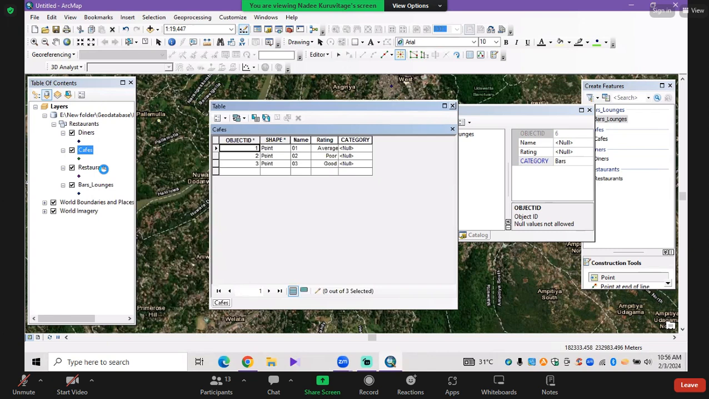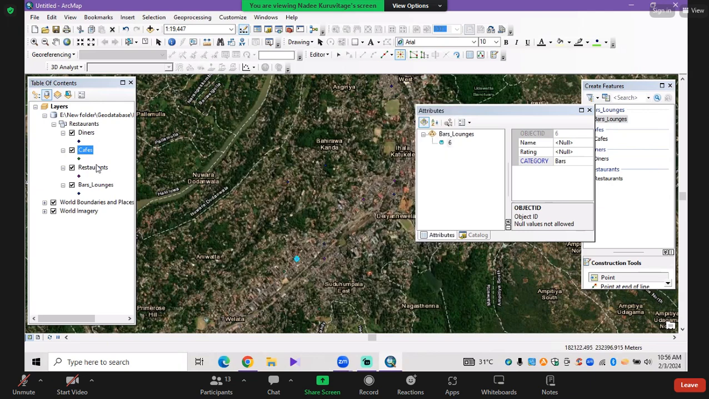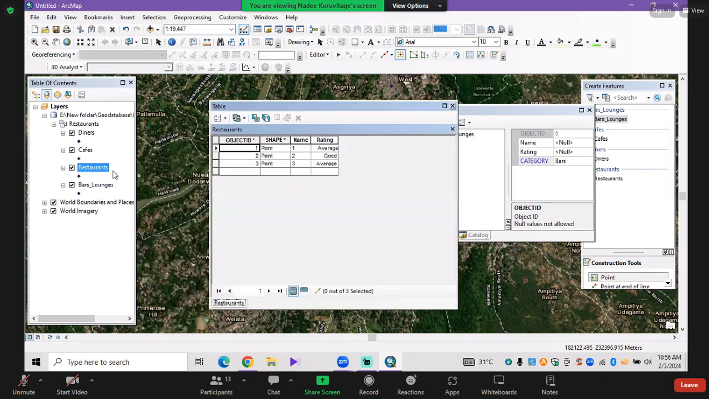So that has correctly name, rating, category. Close that. Restaurants. Okay, this also doesn't have the correct attributes. What you can do is